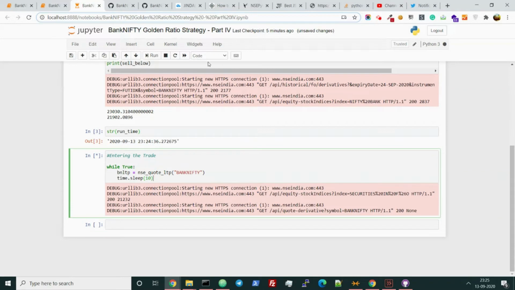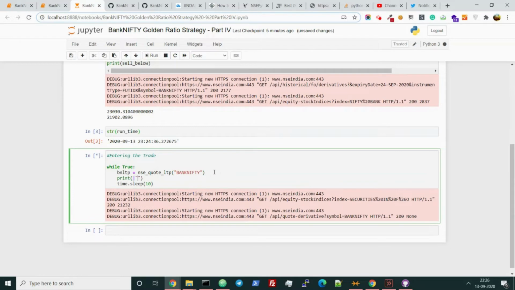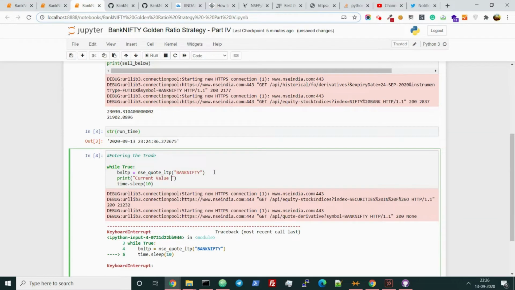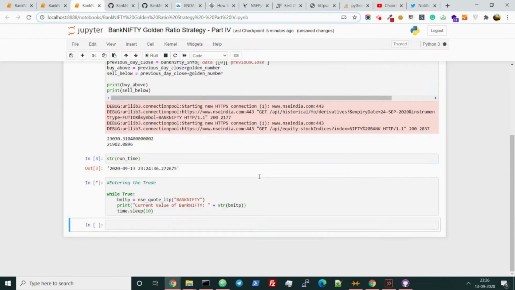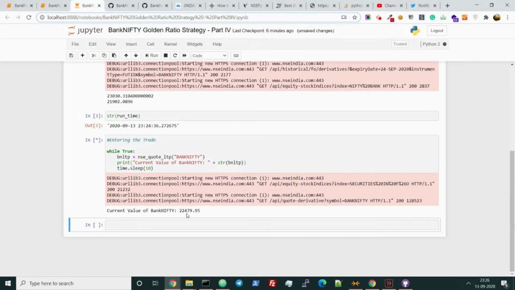Okay, it will not show anything because we are not doing the print command, right? So let's just do that too. Current value of... yeah, let's see. Now we shall be waiting for the 10 seconds